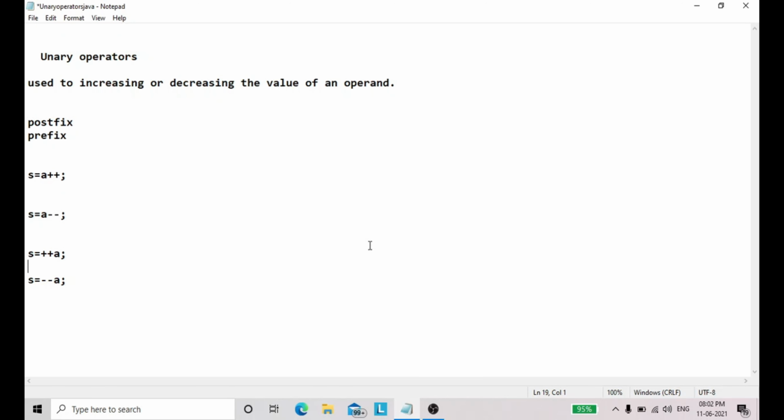The decrement operator decreases a value and the increment operator increases a value. These unary operators need only one operand to perform operations like increment or decrement. And unary operators have two forms: one is postfix and another one is prefix.